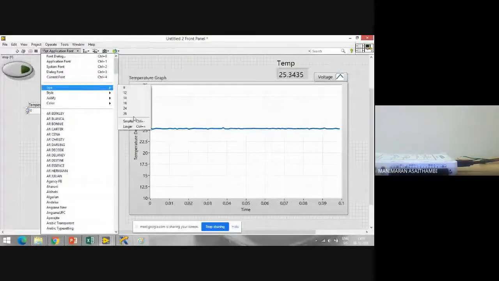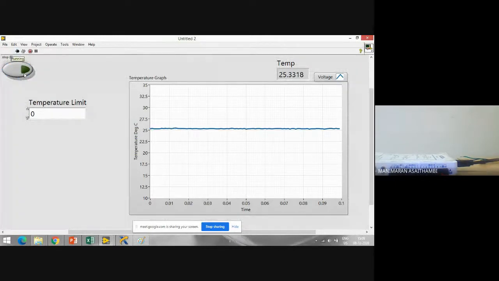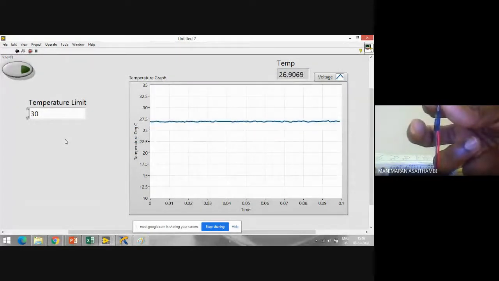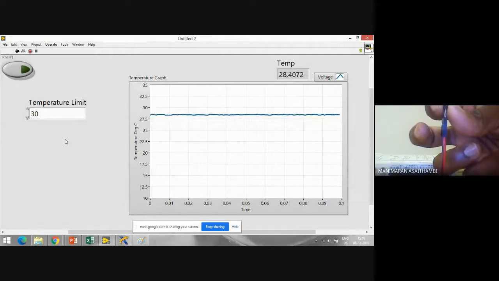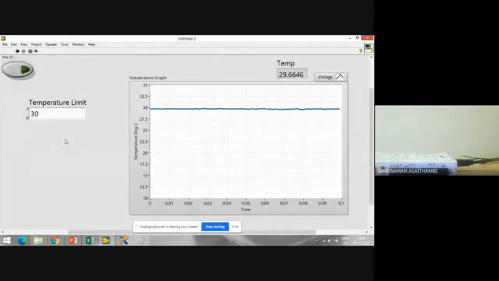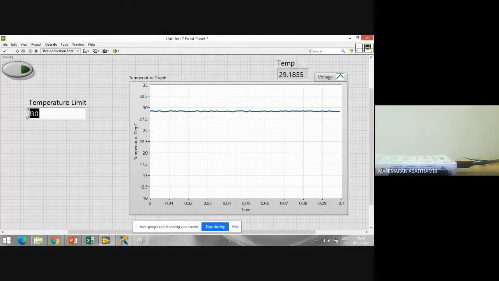I don't know how many of you are observing one small mistake which happened here. My program stopped, still the buzzer is working. I run my program, I keep the temperature at 30, I click out. So I'm holding my temperature, try to push. That's it, it came down. So I'll say stop. Now if you see, the temperature value is 29, less than the limit we have given.